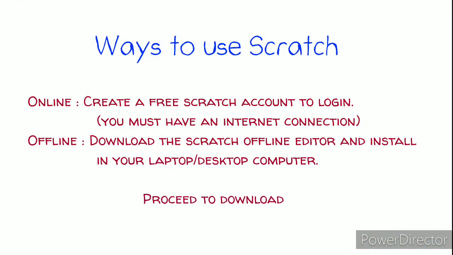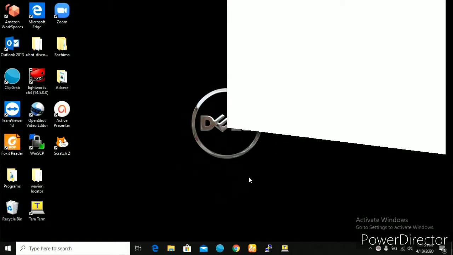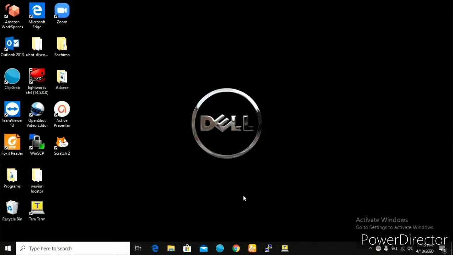There are two ways you can use Scratch. It could be online or offline. In this tutorial, we'll be using Scratch offline, and it will require you to download the offline editor. So to download your offline Scratch editor, open your web browser